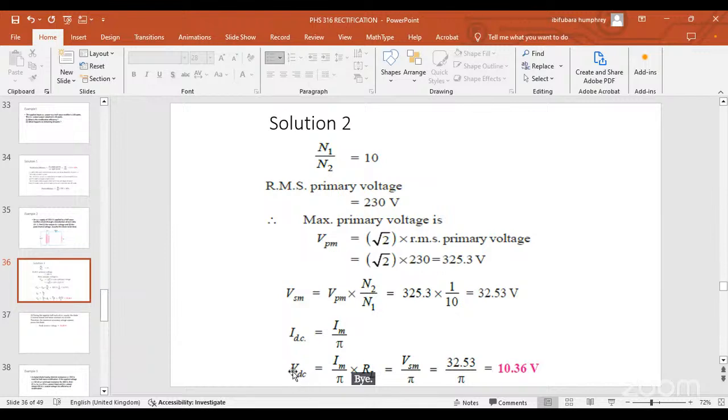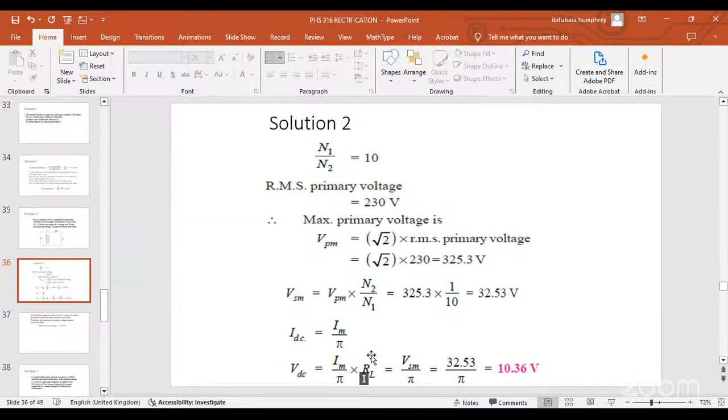And then the VDC is equal to Imax over pi times RL. So our Vmax, by Ohm's law, V is equal to IR. So the parameters we have at the numerator,